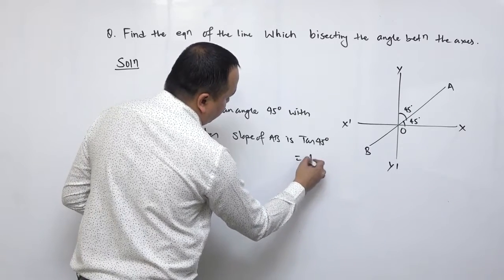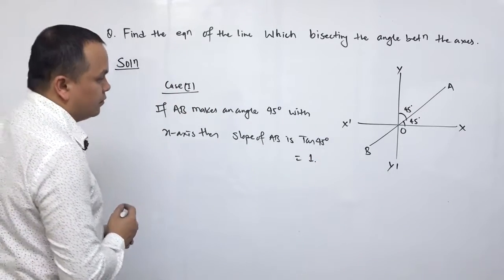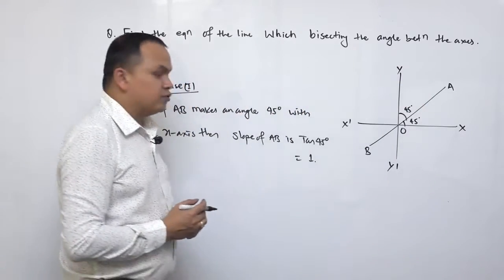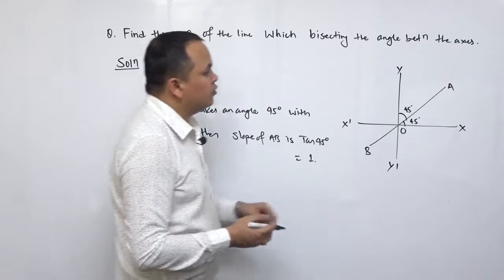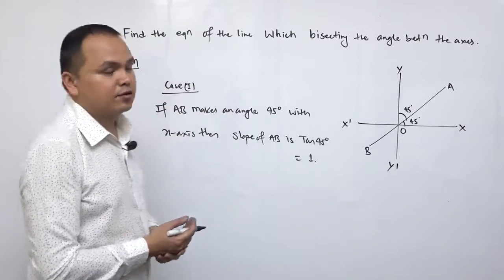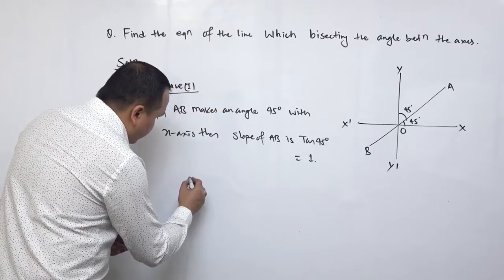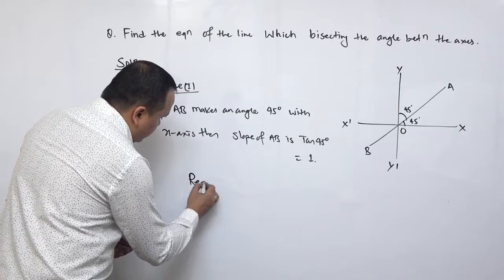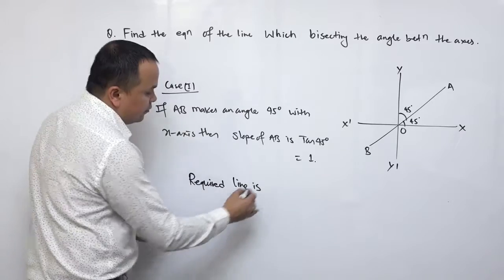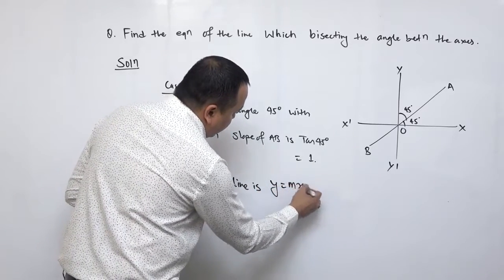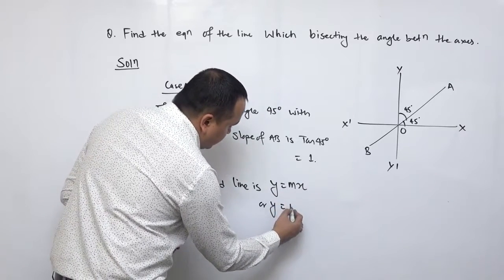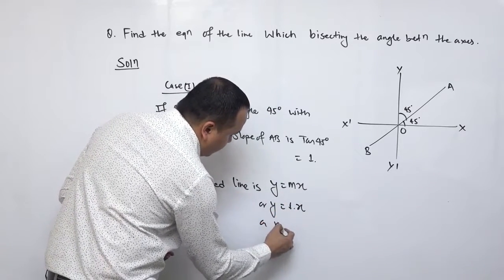This is 1. Since AB passes through the origin, there is no y-intercept, that is c is equal to 0. The required line is y is equal to mx, or y is equal to 1 into x,